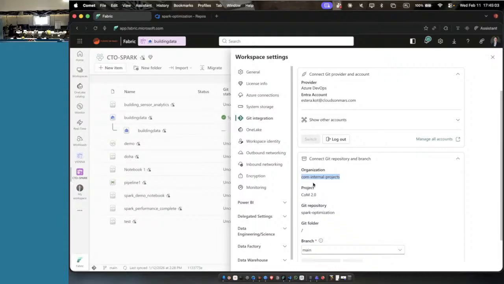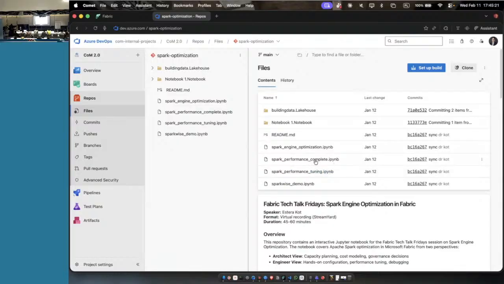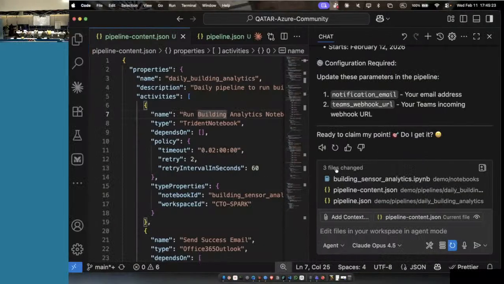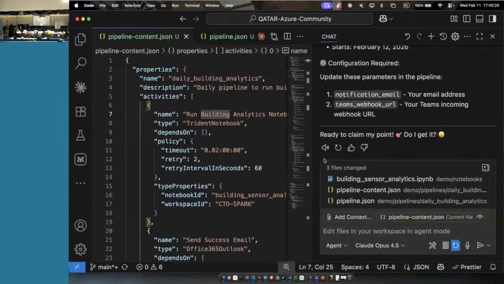So if tomorrow we need to create a new workspace on top of the Git repo, it's possible once we synchronize the changes. But you see the connection. Fabric's workspace is based on the specific Git repo, and that Git repo is reflected and visible here. What's missing? My local development was happening, we don't know where, but let's figure it out.